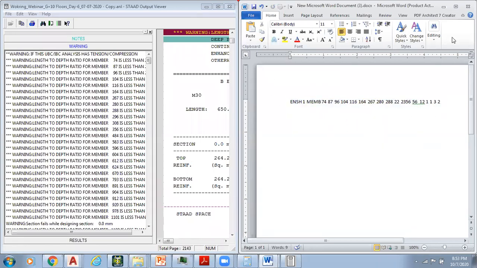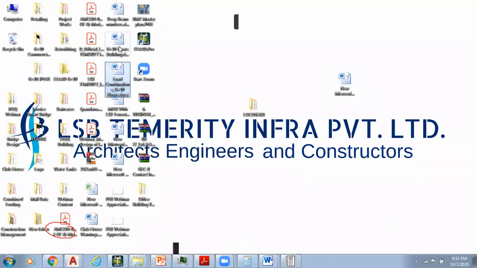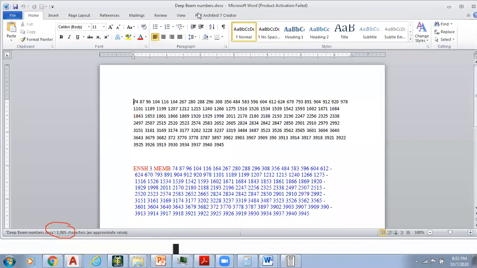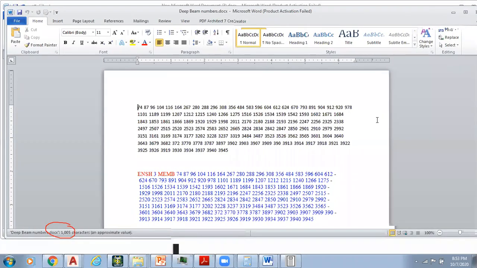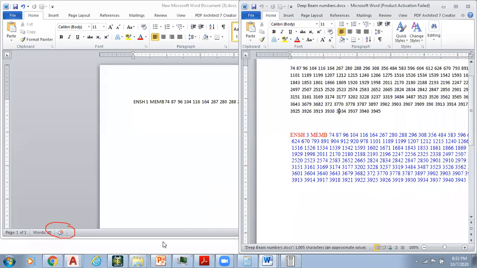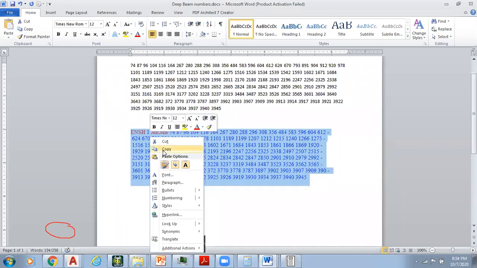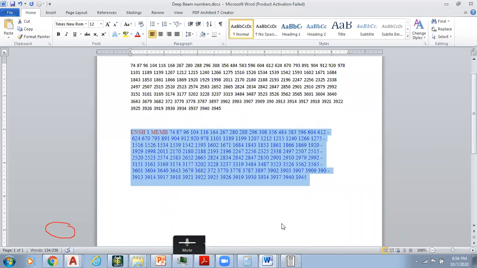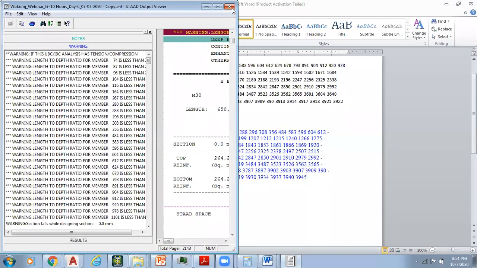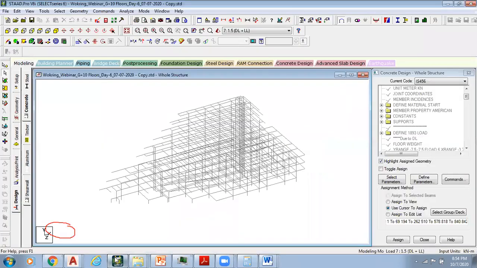I can now go to another STAAD file. Likewise, we have all these numbers, either 100% or 300%. See, enhances shear strength, I can say 100% here. These are all the member numbers, which I had in fact copied, mentioned in the separate file. I'm just copying it, Control C. I'm going to this file, close this file. Let's go to this STAAD main file.